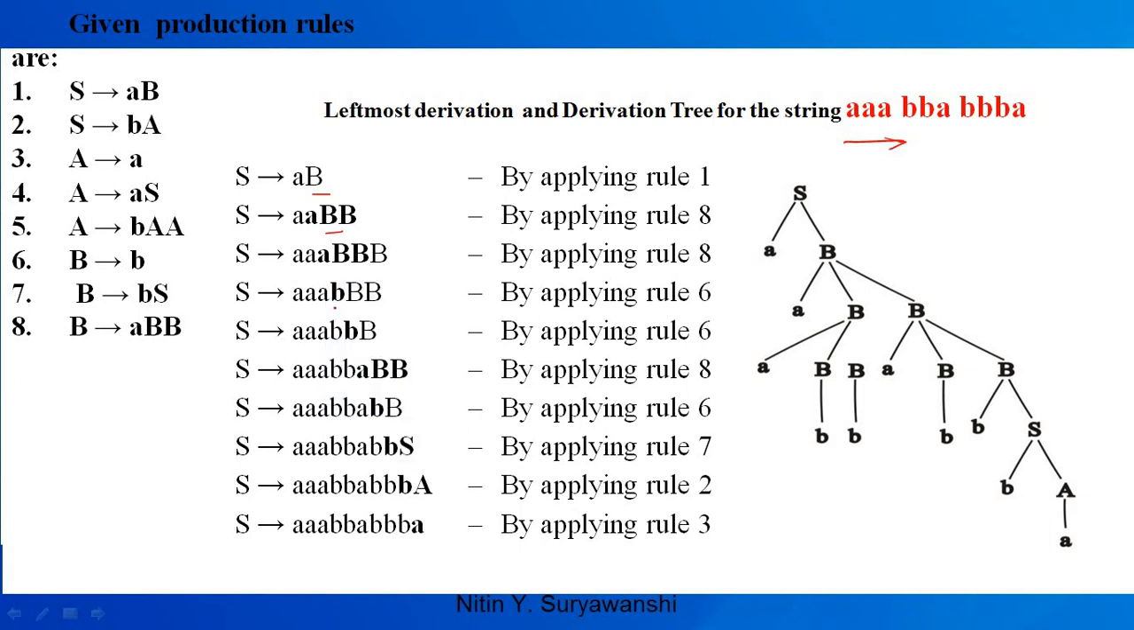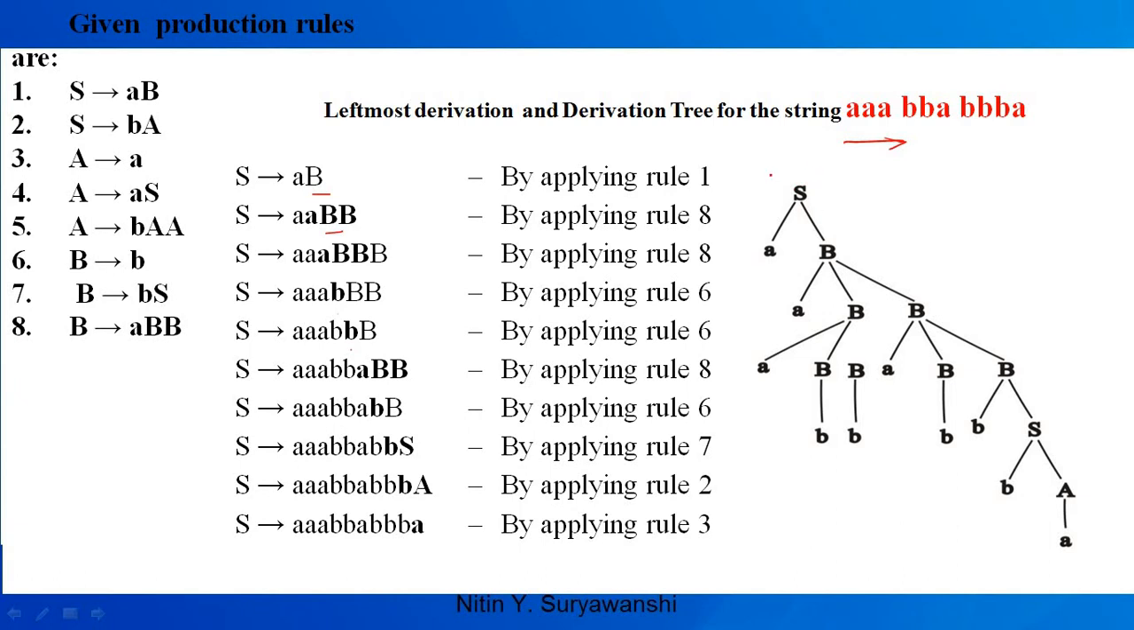Then similarly, I replace this B with a single b because I want the fourth alphabet as a b, then the fifth alphabet as b. Then again I want the next alphabet as a, so I use this one. Then again this B is replaced with a b, then again B is replaced with BS because I want the last to be A, so S is replaced with A, then again BA, and by using rule number 2 and then A. If you practice this one, you automatically get this sequence, and from this sequence we can